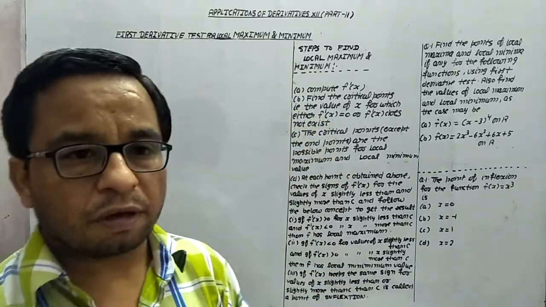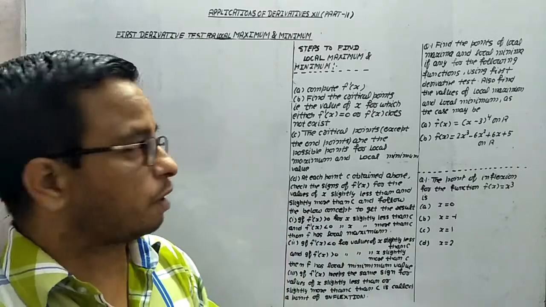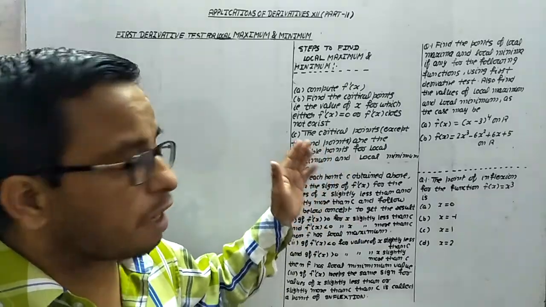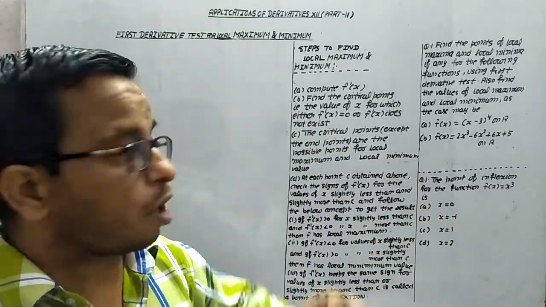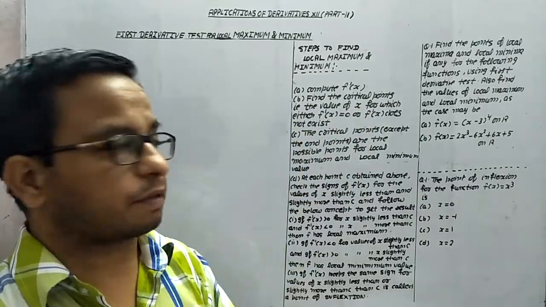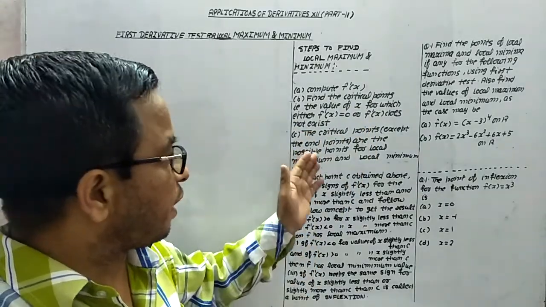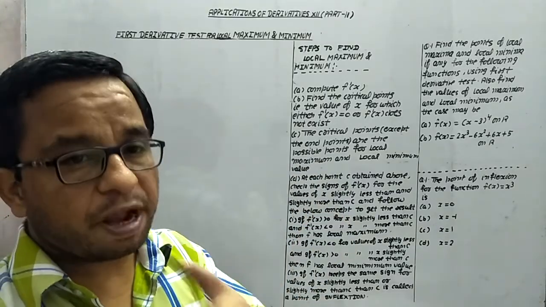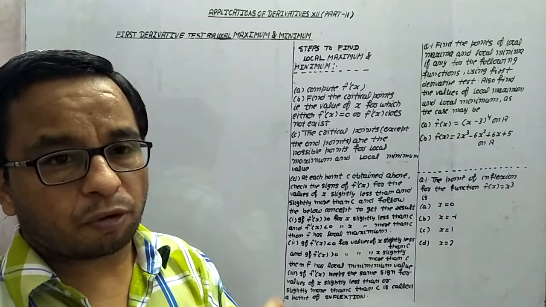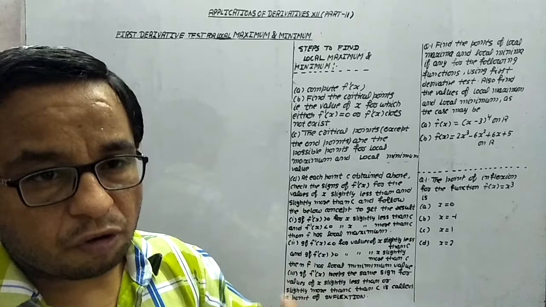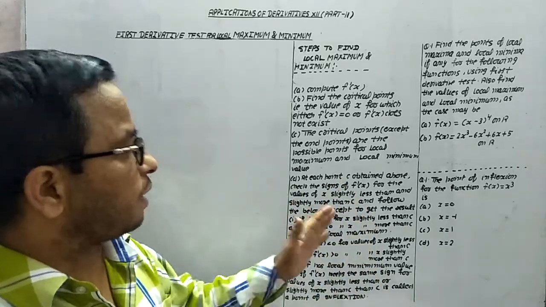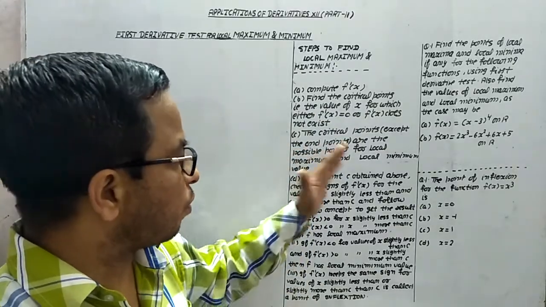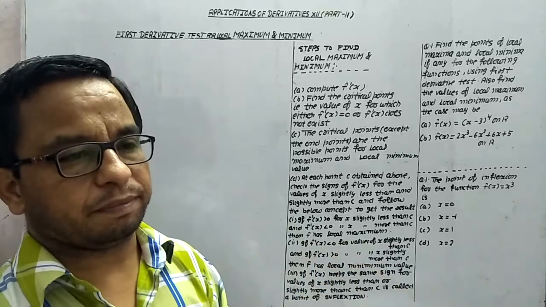Look at this. First of all, we have to find f dash x. Now to find the critical points, we have to take the values of x for which either f dash x is 0 or f dash x does not exist. In this part, the critical points except the end points, because in the first video of maxima and minima I explained that local maxima and local minima will not occur at the end points. That is why the critical points except the end points are the possible points for local maximum and local minimum.